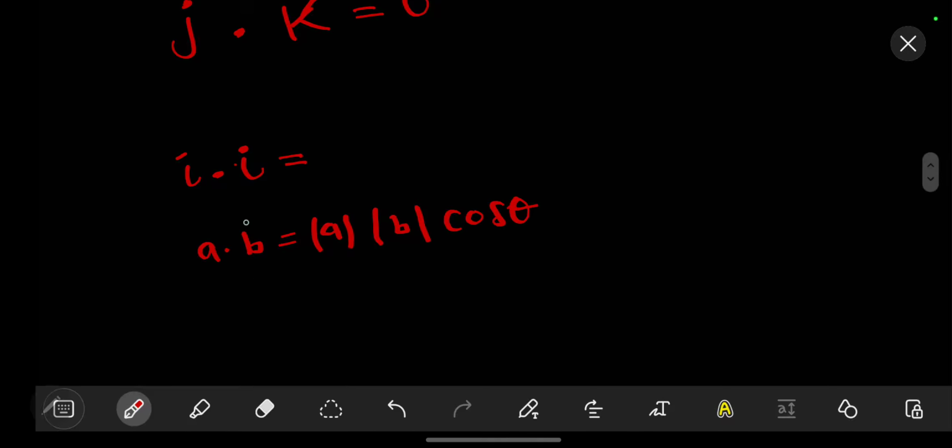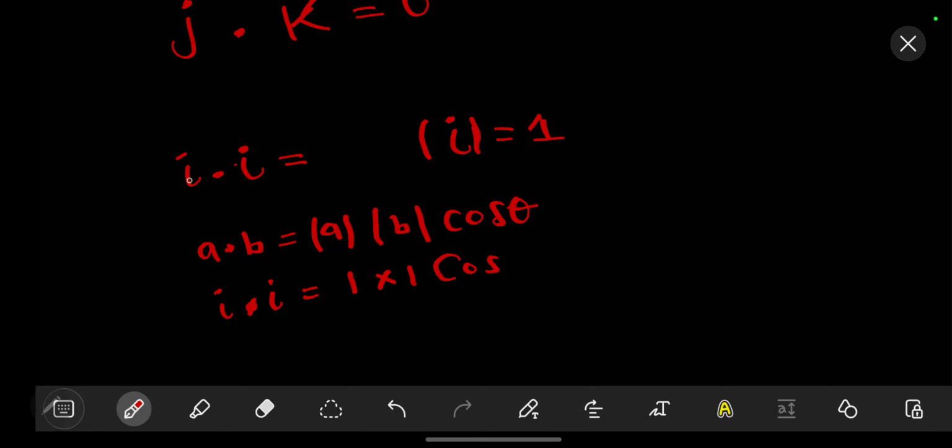So I dot I, like that, should be equal to the magnitude of I times the magnitude of I, as long as it's just a component like that. The magnitude of this one, the one that is showing, will be your size. So it will be 1 times 1 times the cosine of